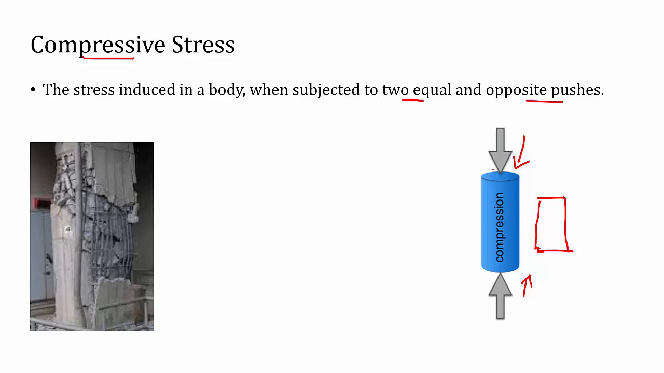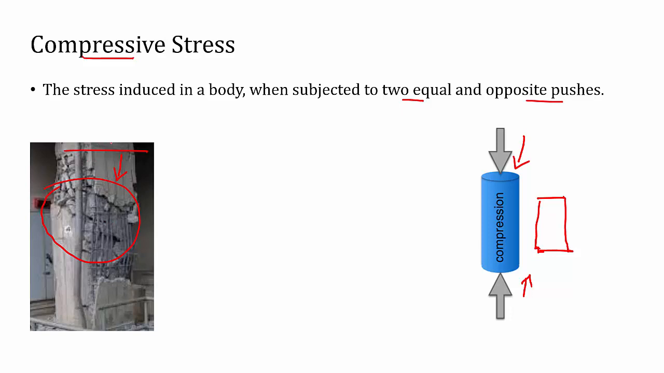So here the force is acting towards the object. So this is the compressive stress. So here it is an example for compressive stress. So it is actually a vertical column, your pillar. So because of the compressive stress, the material is broken. So here the force will act like this because of